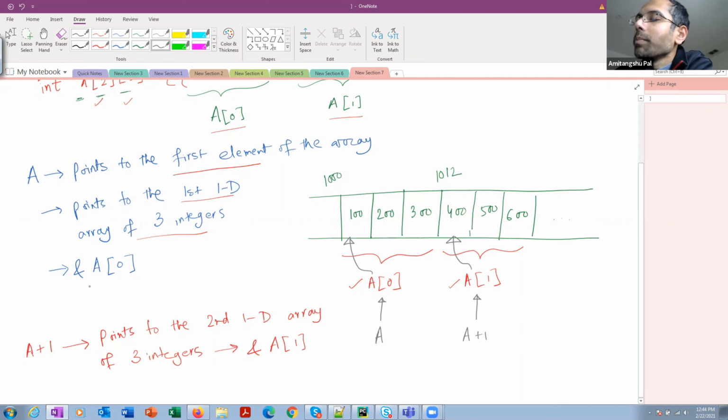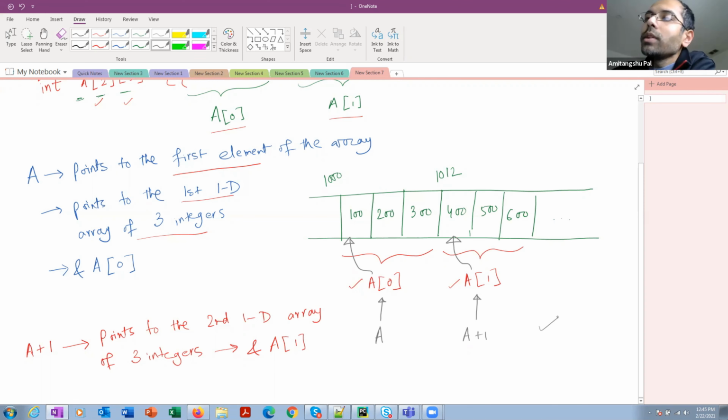That's how A equals &A0, and A0 points to the first element of A0. A plus 1 points to A1. That's why A plus 1 is &A1, and A1 points to the first element of the second 1D array of 3 integers. Clear? So if I try to explain this pictorially, this is what's happening.